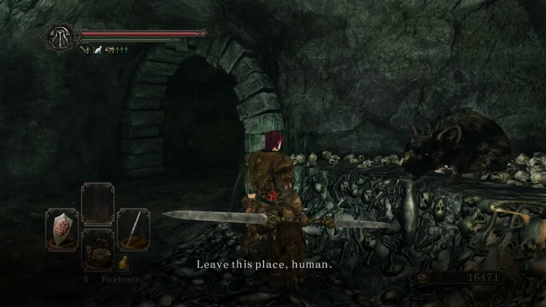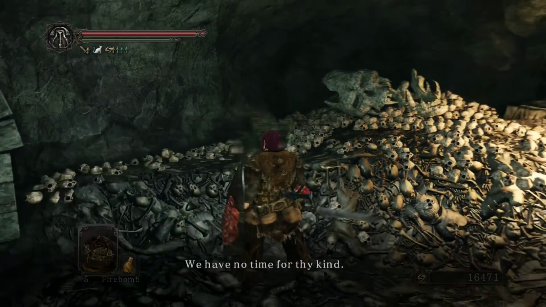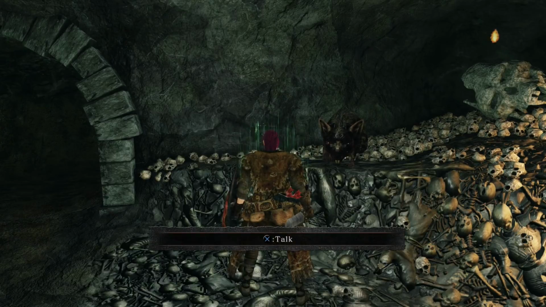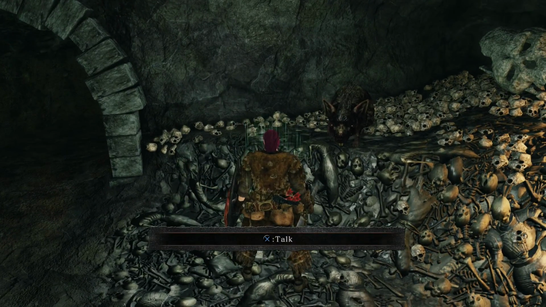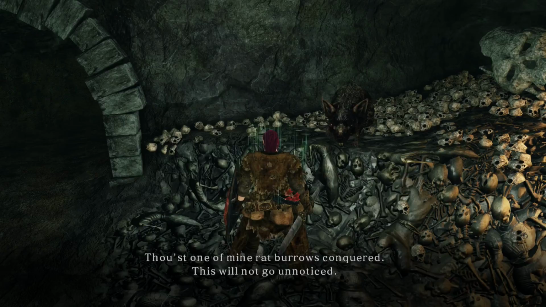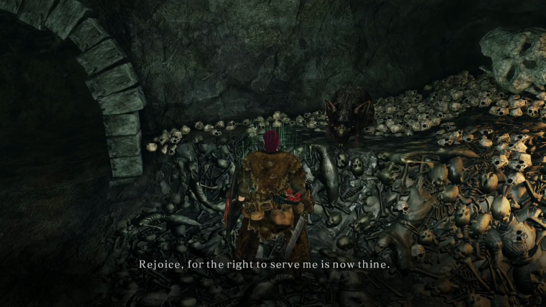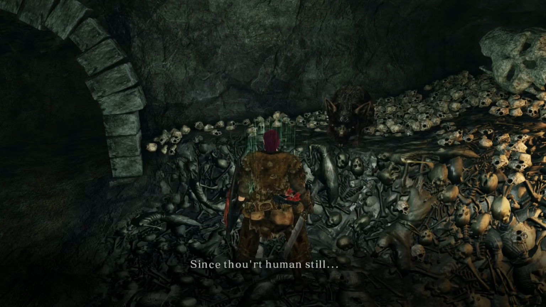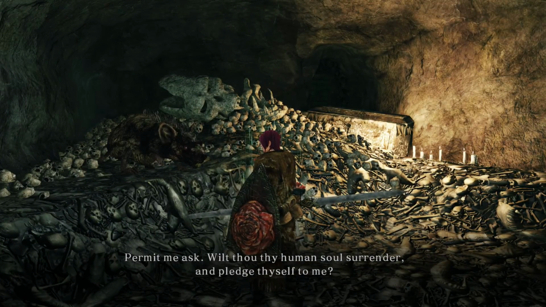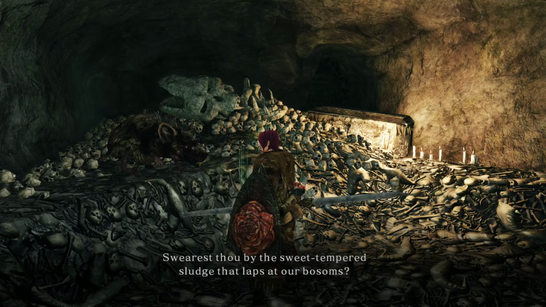Leave this place, human. We have no time for thy kind. Humans bring nothing but filth. Is that a rat tail, human? Thou'st one of mine rat burrows conquered. This will not go unnoticed. Rejoice, for the right to serve me is now thine. Since thou'rt human still, permit me ask, wilt thou thy human soul surrender and pledge thyself to me? Swearest thou by the sweet-tempered sludge that laps at our...